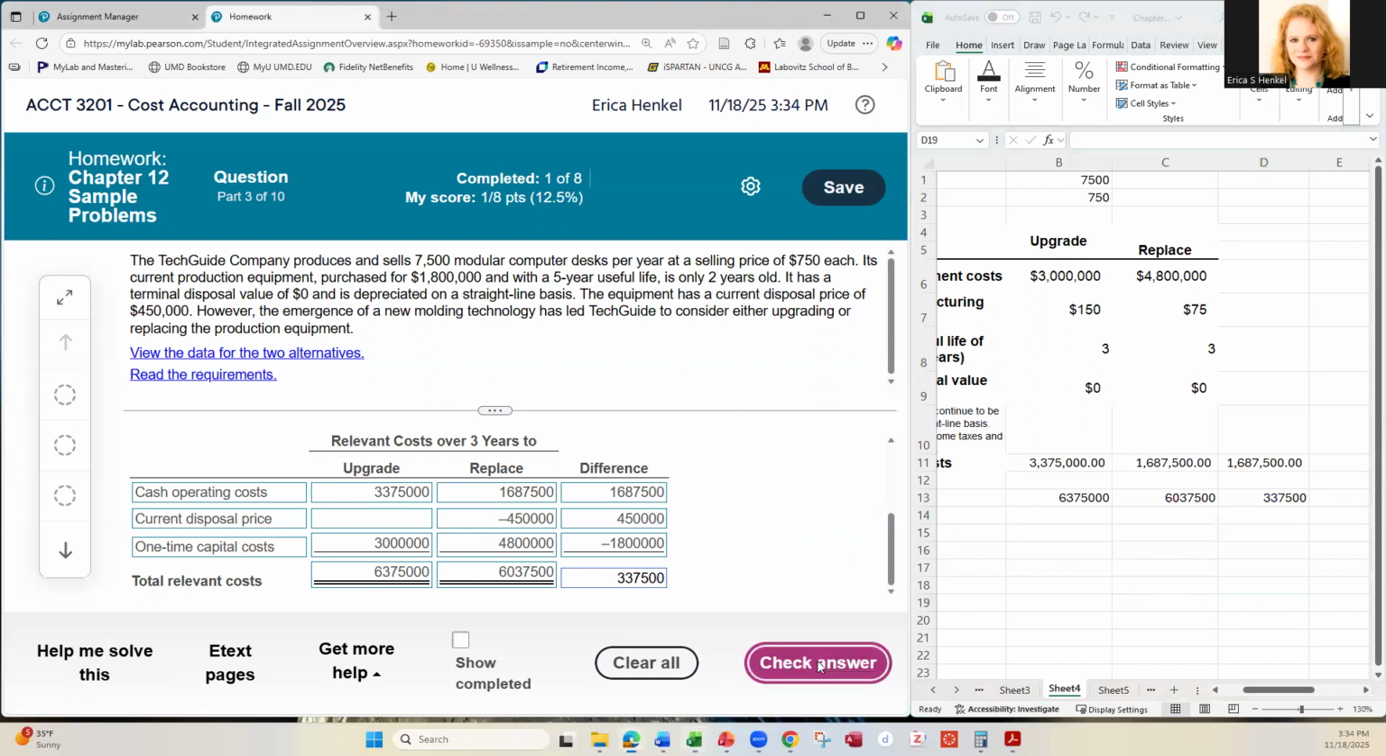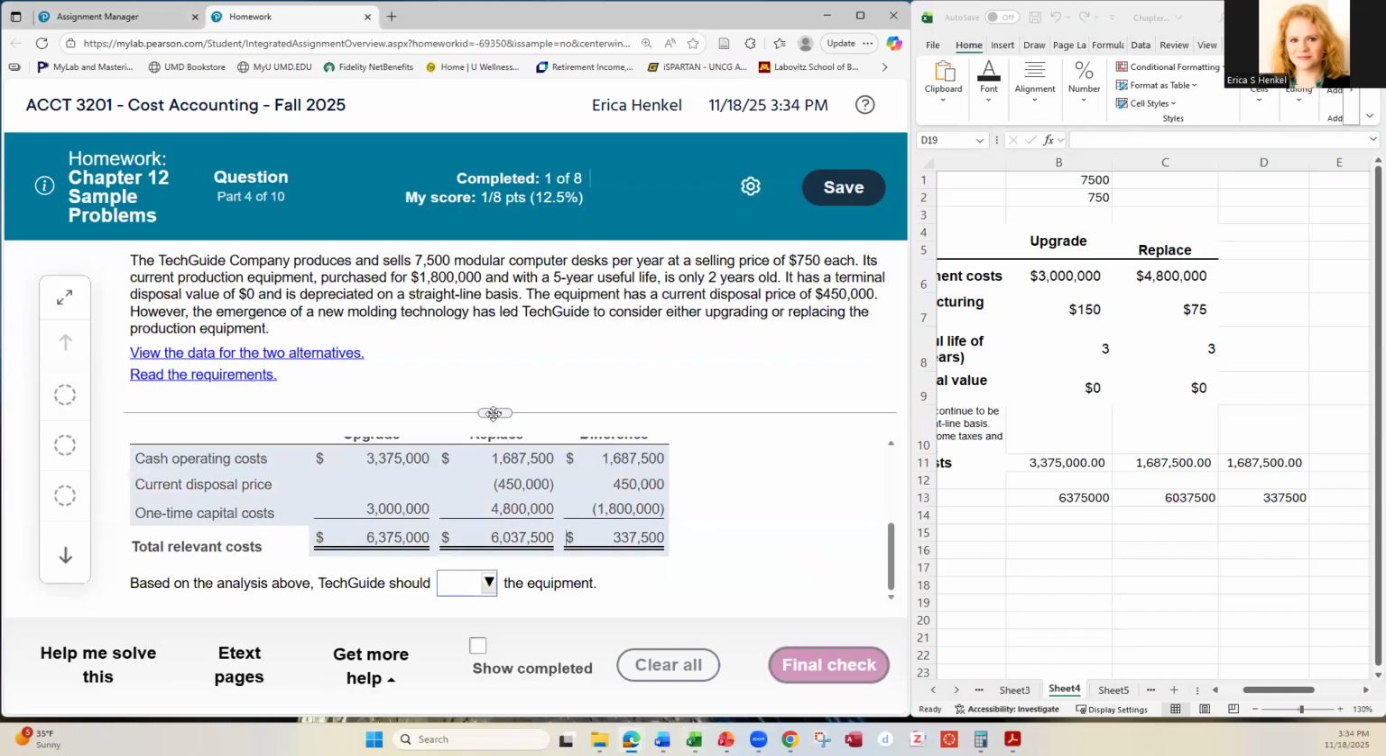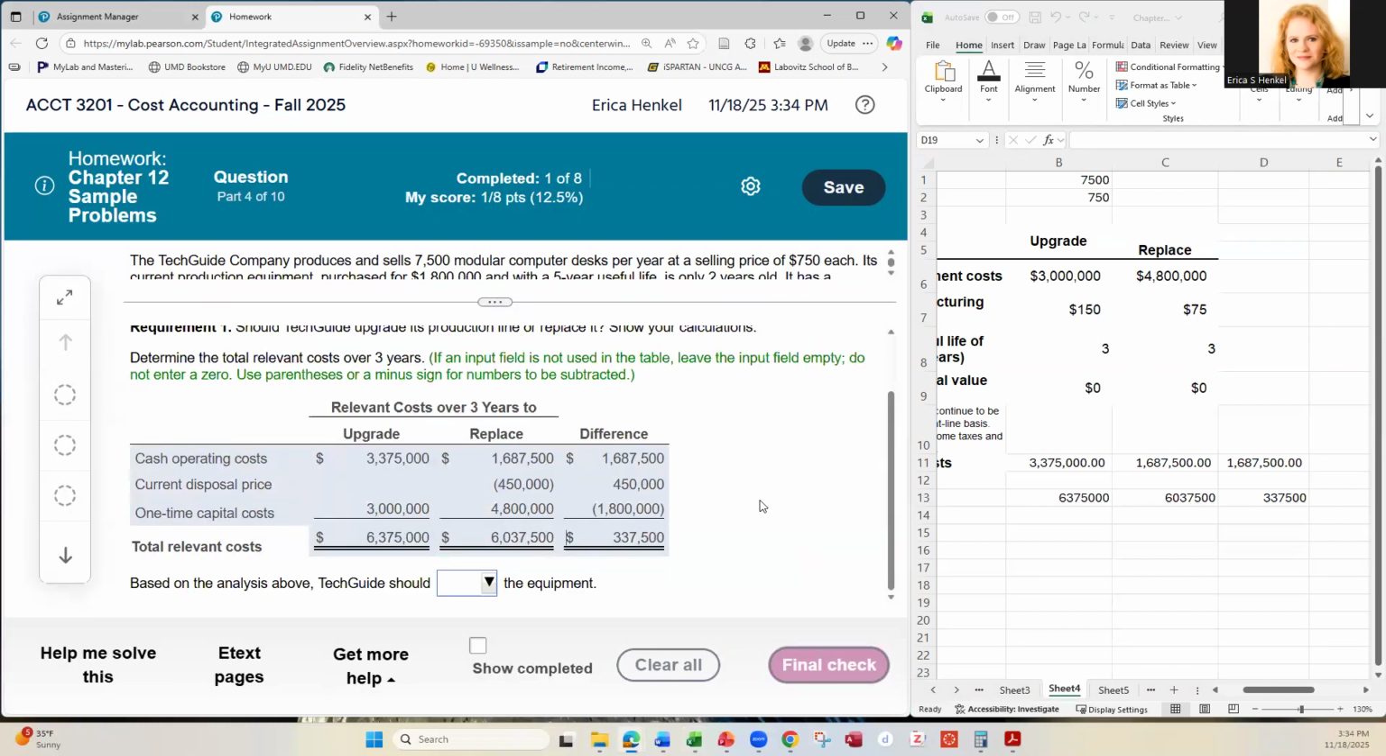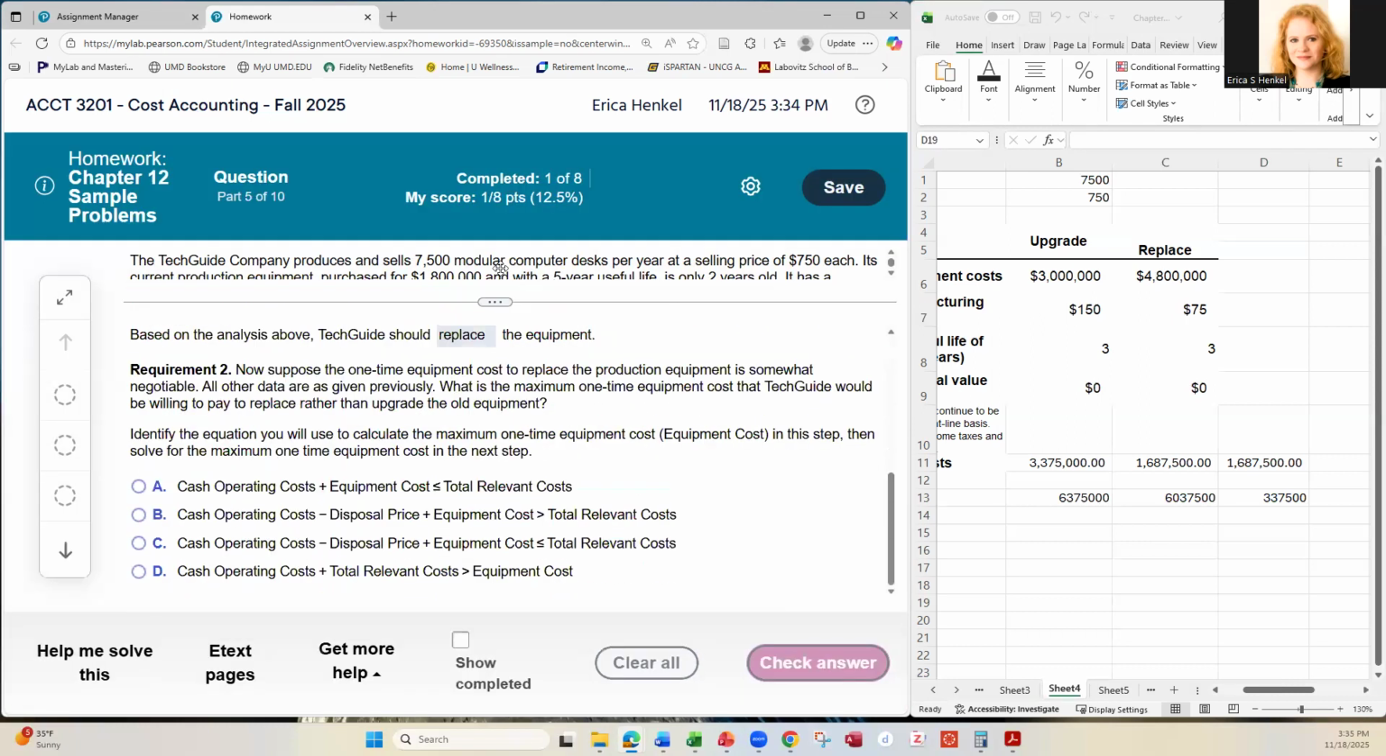All right. Okay, so once we've got that, in terms of this, the costs would be higher if we were to upgrade. So we should go ahead and replace. And let's see. So now suppose the one-time equipment cost to replace the production equipment is somewhat negotiable. All other data are given as previously. What is the maximum one-time equipment cost that we would be willing to pay to replace rather than